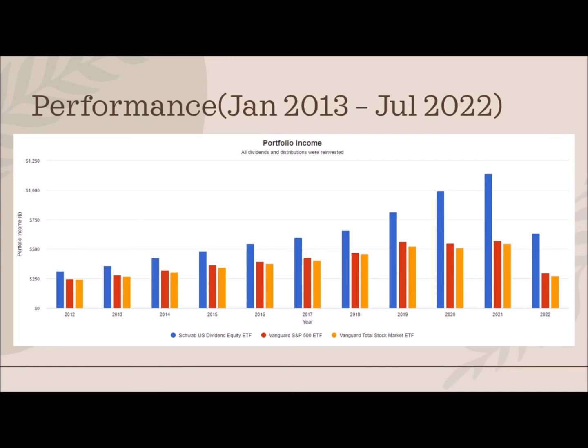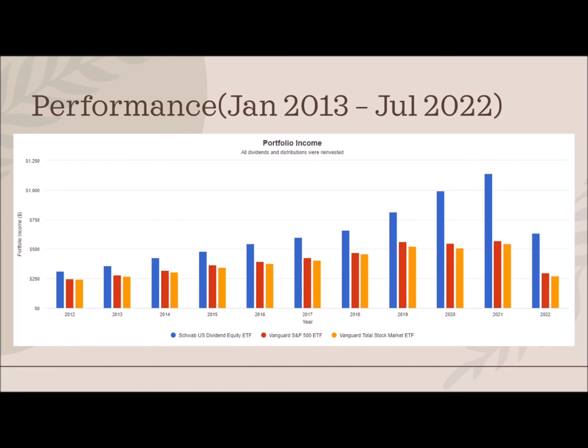Someone who bought in 2013, for example, yield on cost is basically the yield you're getting today versus the cost you paid whenever you bought it, right? So that's kind of what we talked about earlier. If you bought in 2013, you were paying a 3% yield at the time, but dividends have grown since then, and based on the dividends that are being paid out today, you could have bought